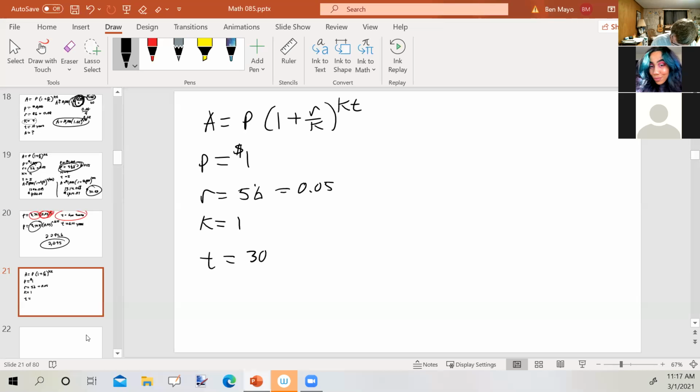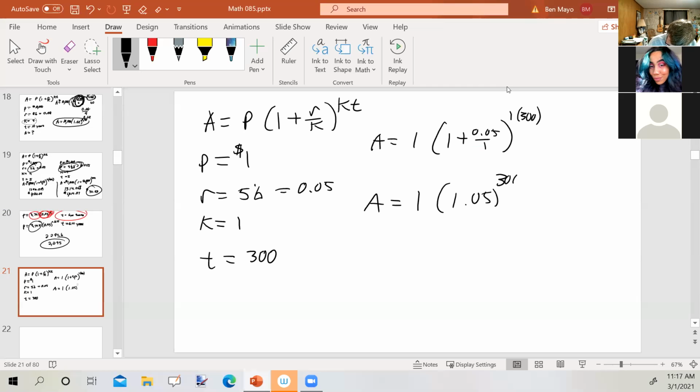So A equals 1 times 1 plus 0.05 over 1, to the 1 times 300. If I simplify this down, I get 1 times 1.05 to the 300th power, which is just